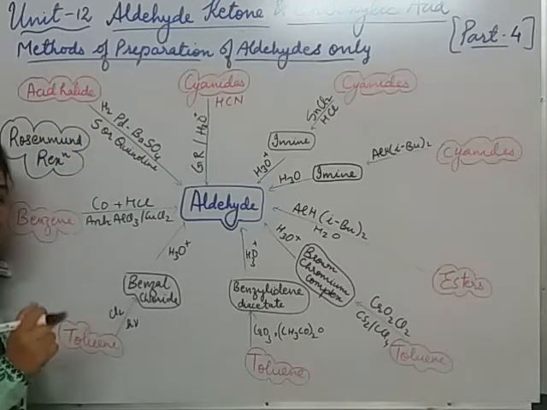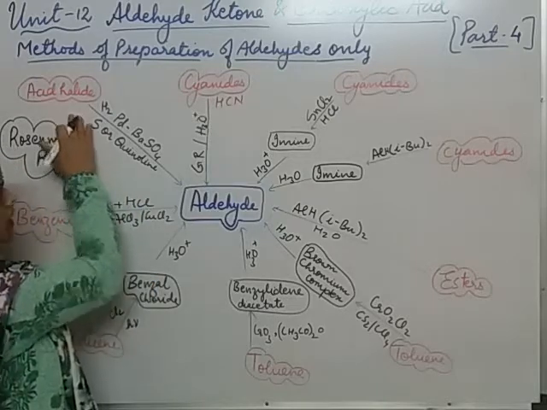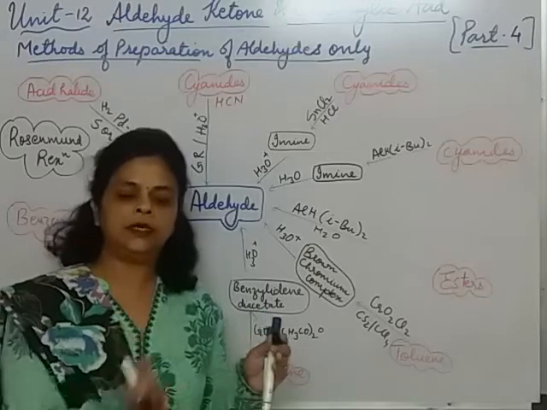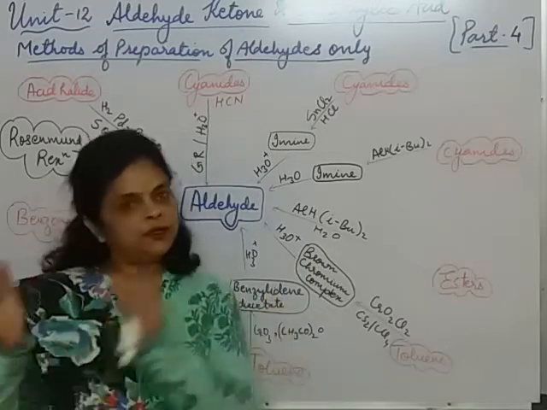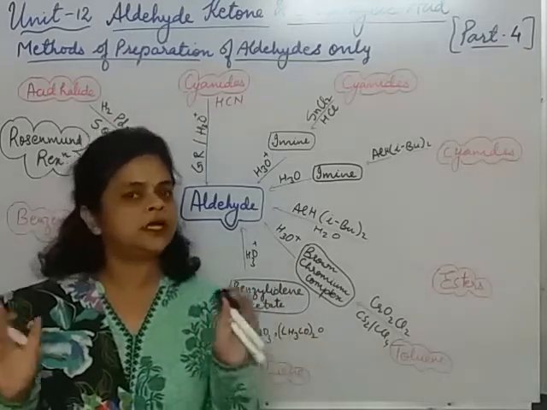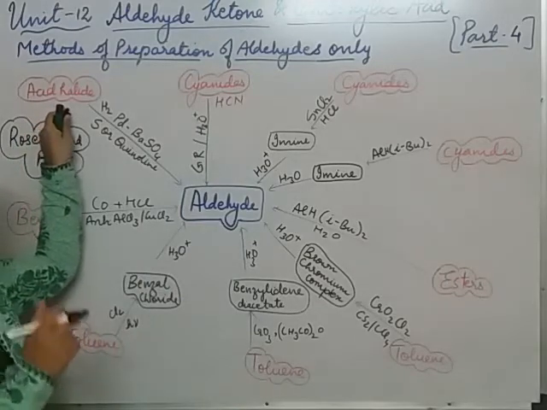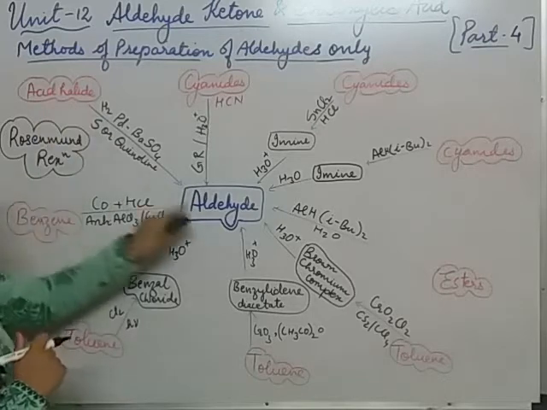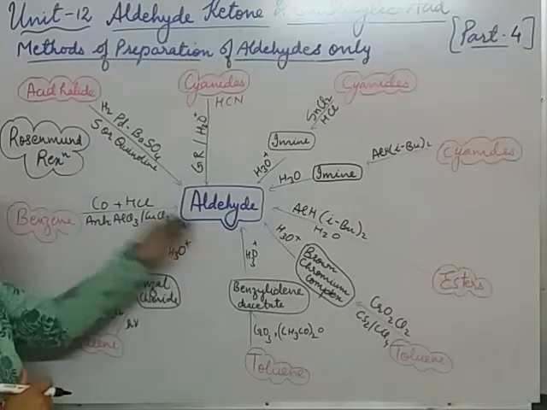So, acid halide. What is an acid halide? It is a derivative of carboxylic acid. I have already told you, when you are moving from alcohol to aldehyde, aldehyde to carboxylic acid, that means an oxidation process is going on. And when you are coming in reverse from carboxylic acid to aldehyde and then to alcohol, that means reduction has to be done. So here we are coming from acid halide. Acid halide is the derivative of carboxylic acid. Acid halide has to be converted into aldehyde. That means a reduction process has to be done.